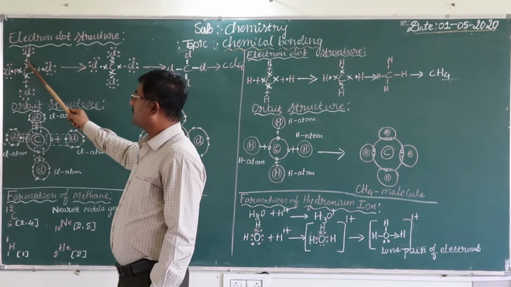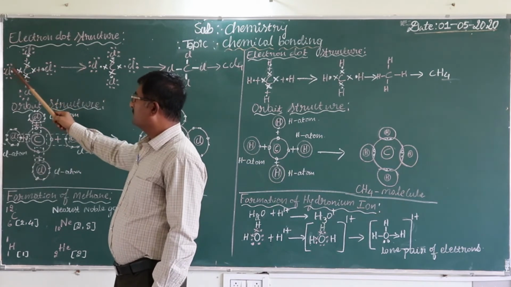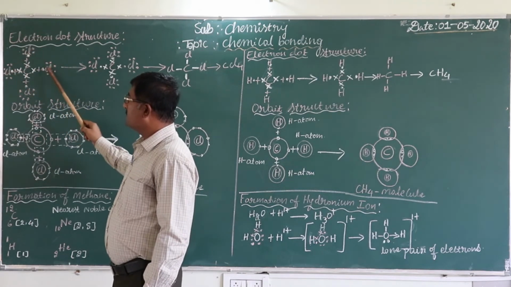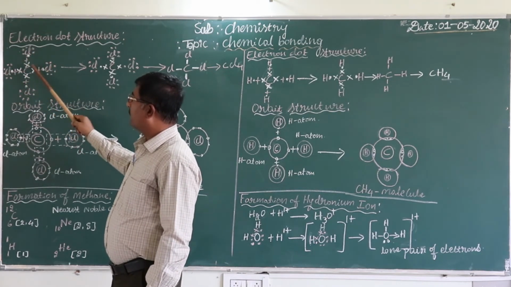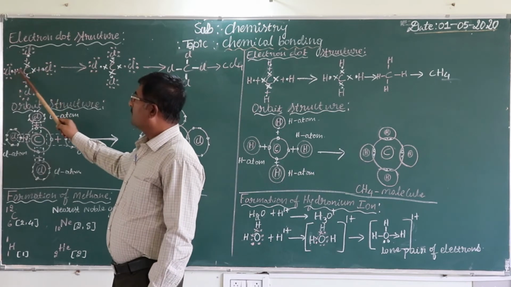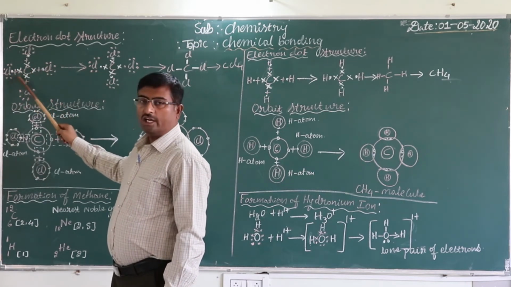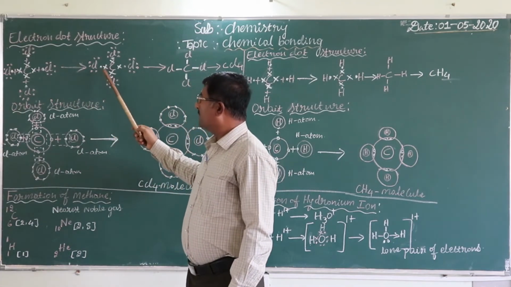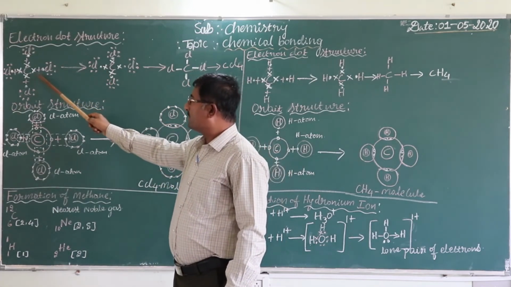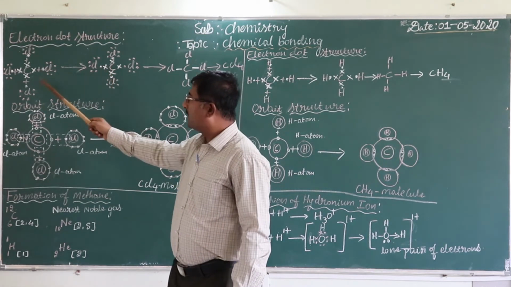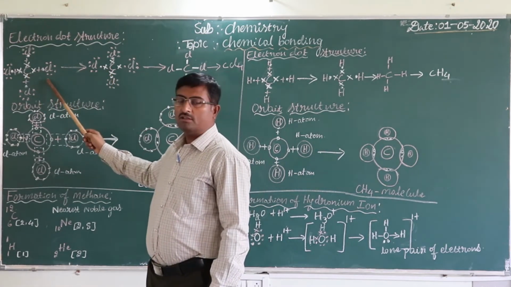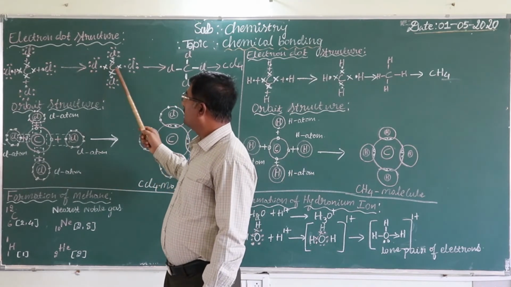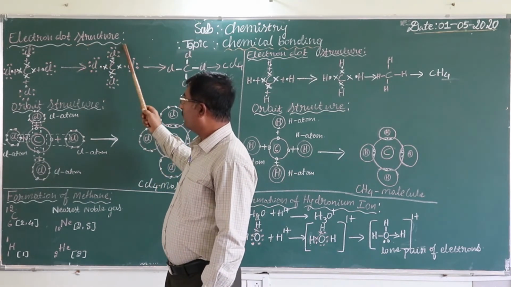Carbon has 4 electrons in the outermost orbit, 4 X I have written. For chlorine I have written dots. Each chlorine atom will have 7 dots. In between, I have written plus because carbon is combining with the chlorine atoms. Next, after combination that plus sign will go. The only difference between this one and this one is that here I have written plus between carbon and chlorine. Here plus is not there. If you remove the plus, we will get the electron dot structure after combination.